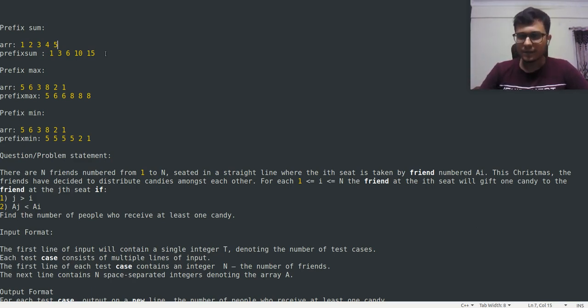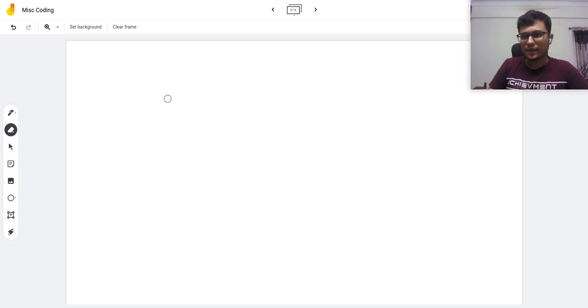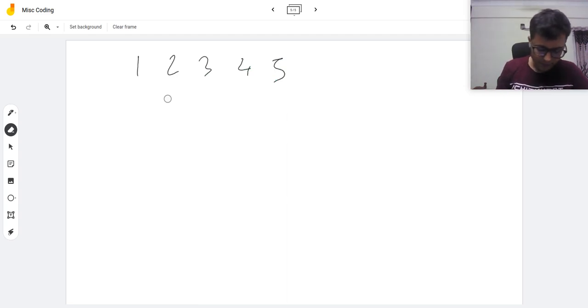There are also various applications to this prefix sum technique such as prefix max and prefix min. We'll see them as we go along, but let us start with prefix sum first. Let us try to understand it with an example and see it methodically. So for example, let us say that we have this array that I have written down: 1 2 3 4 5, and we want to calculate a prefix sum of this array. So let us say that this is ARR and this is some array prefix sum